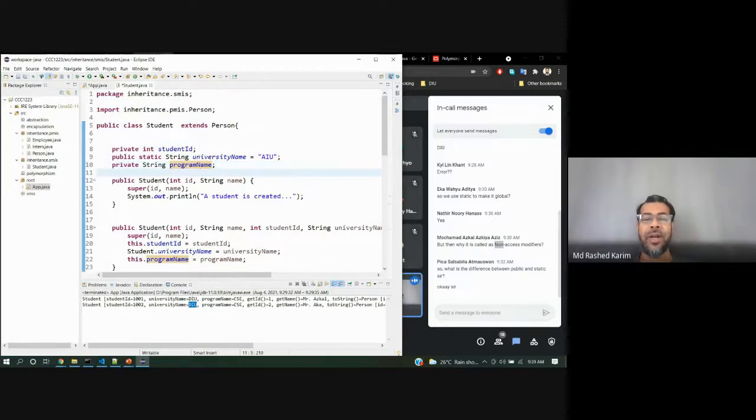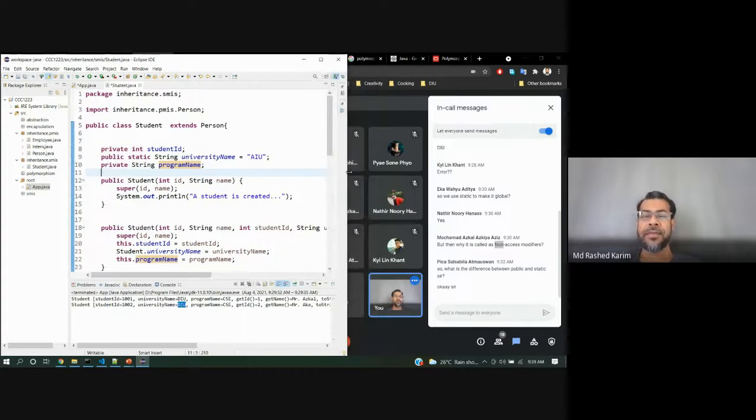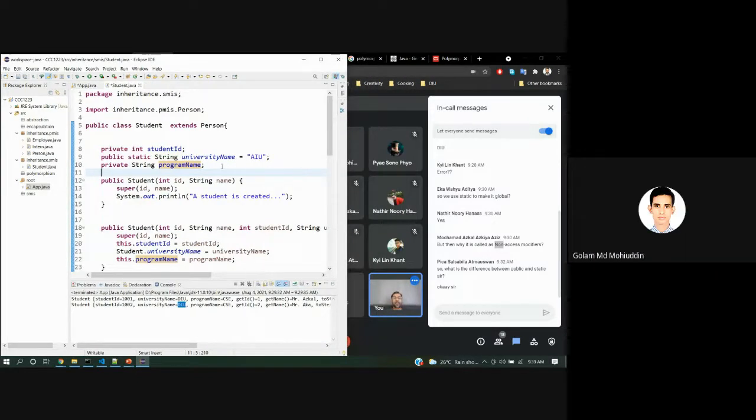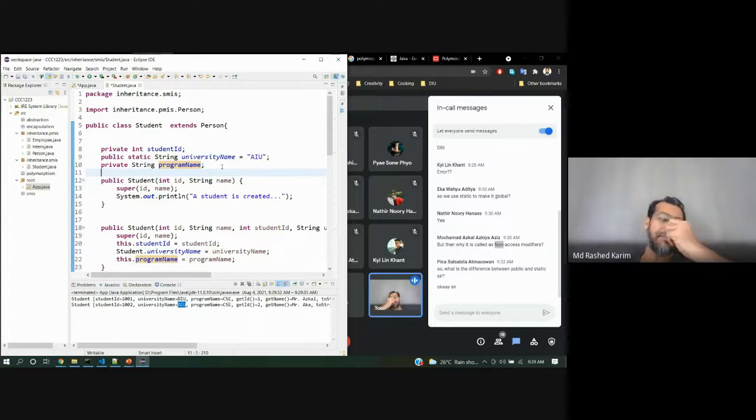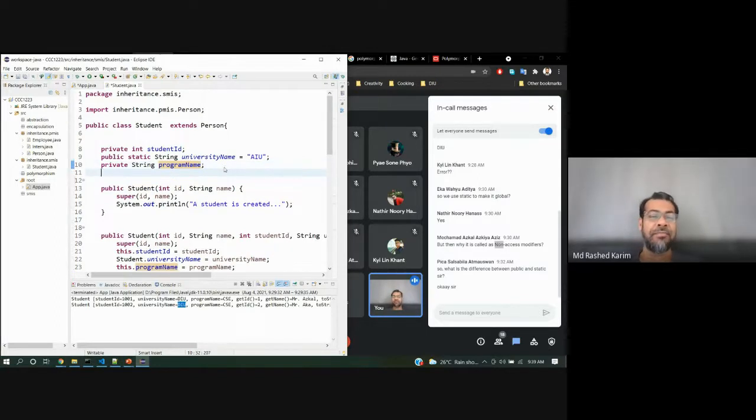That means you are asking about different universities having different students, isn't it? So in Malaysia, if you consider that your system will be used all over the country, all the universities will use your system, you cannot put a static there at that time. In that case, you can create a country name.